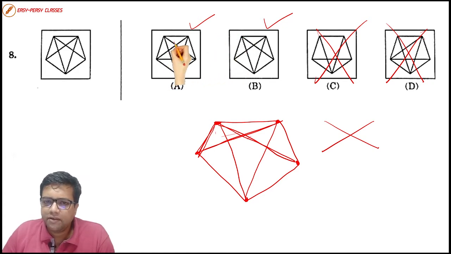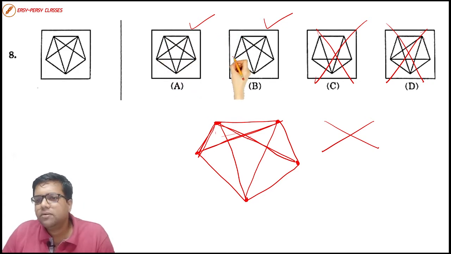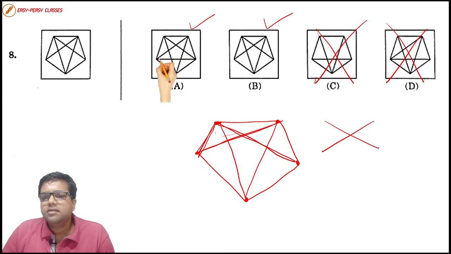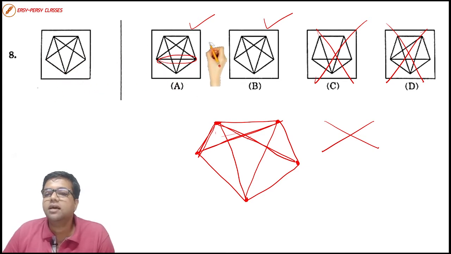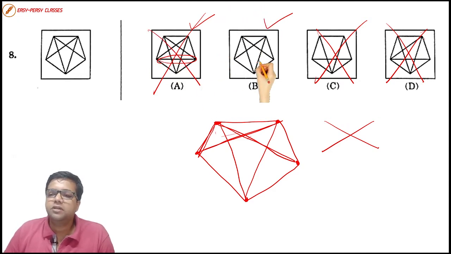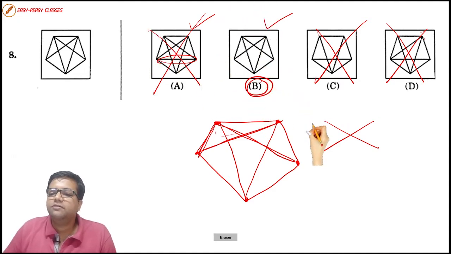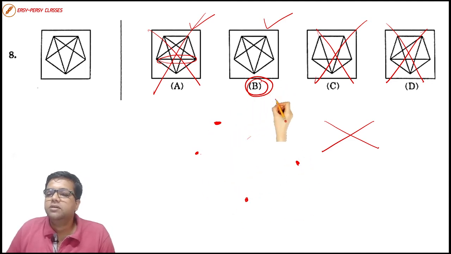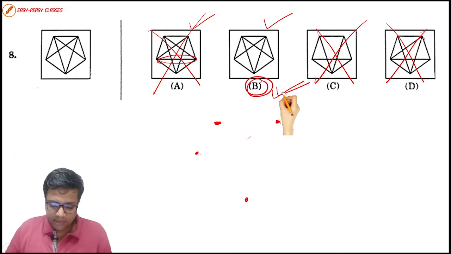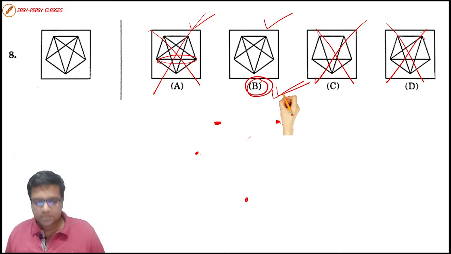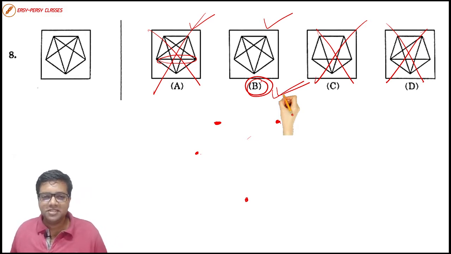So one thing we identified was the cross mark. But if you look carefully, there is an extra line over here which is not present over our question diagram. Question figure doesn't have this extra line. So immediately we will eliminate option number A. Henceforth we are only left with option number B. So option number B is the right answer, right? Option number B is the right answer. Quite complex question, but was solved very easily, right?